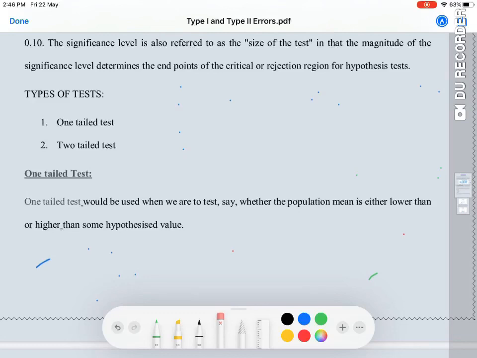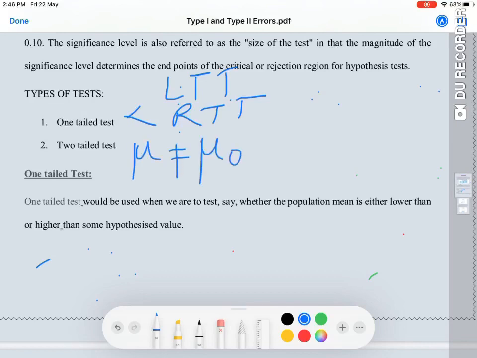Now in a one tail test you have the left tail test and the right tail test. In a two tail test you have only one scenario, when mu is not equal to mu naught. For the left tail test, the condition would be mu is less than mu naught, and for the right tail test, mu greater than mu naught. Now these are just examples. We cannot say this is going to happen, but the condition is, in words, if I say